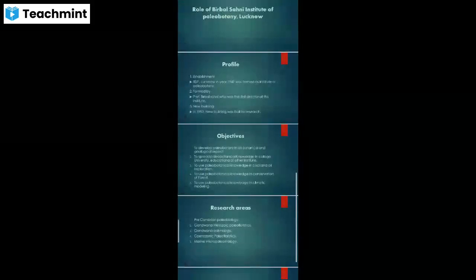Let us see the role of Birbal Sahni Institute of Paleobotany, Lucknow. Profile establishment. BSIP Lucknow in the year 1947 was formed as Institute of Paleobotany, and the first director of this institute was Professor Birbal Sahni. New building was built for research in 1953. The objectives